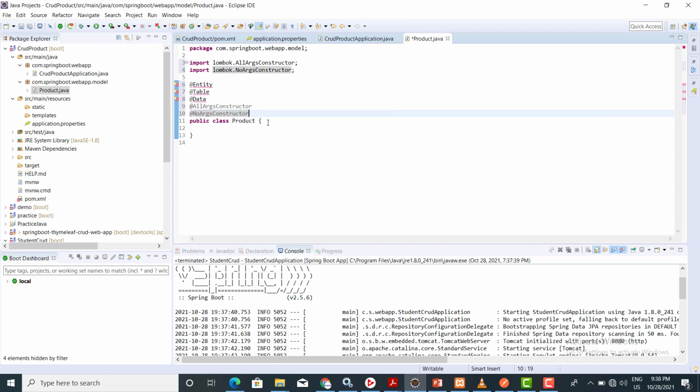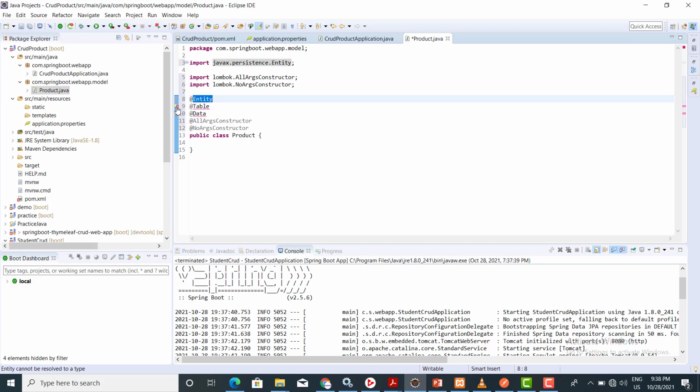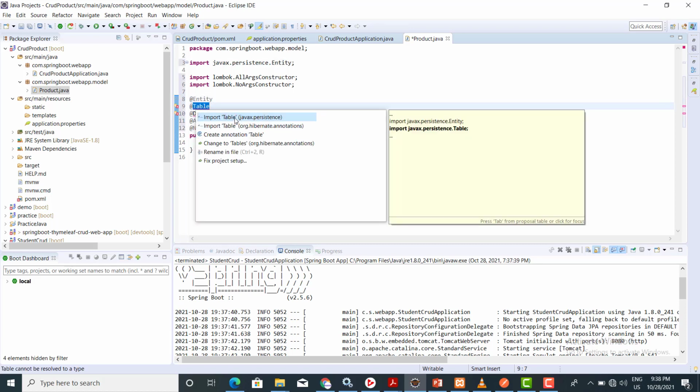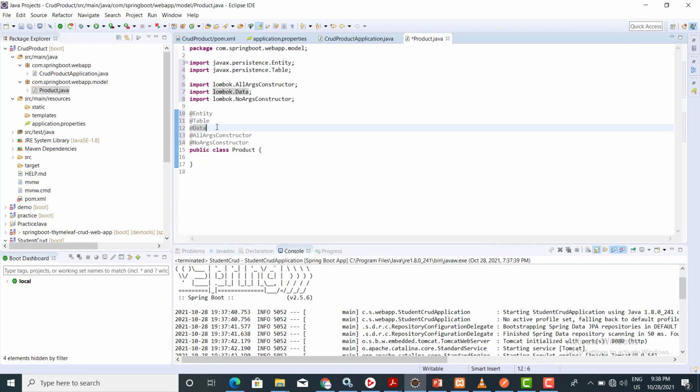Now let's understand these annotations first. As I am going to create a table, so I am going to add the Entity mapping, the Table, and Data. Now Data annotation makes getters and setters.